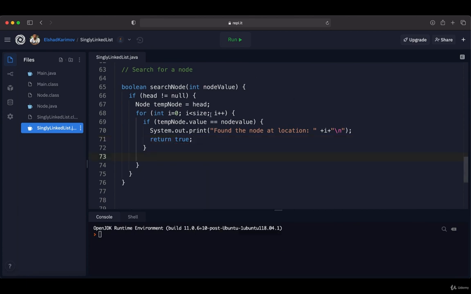If we couldn't find our node in the current value, then in this case we are going to continue to the next node. To continue to the next node, we have to set the temp node to the temp node's next reference, because in the next reference we are pointing to the next node. By doing so, we are continuing to the next node. So at the end,